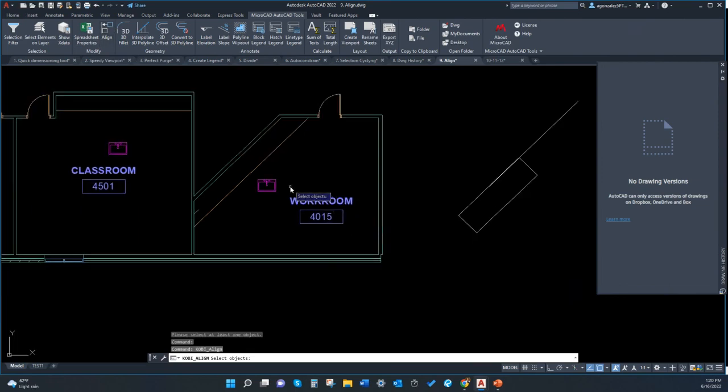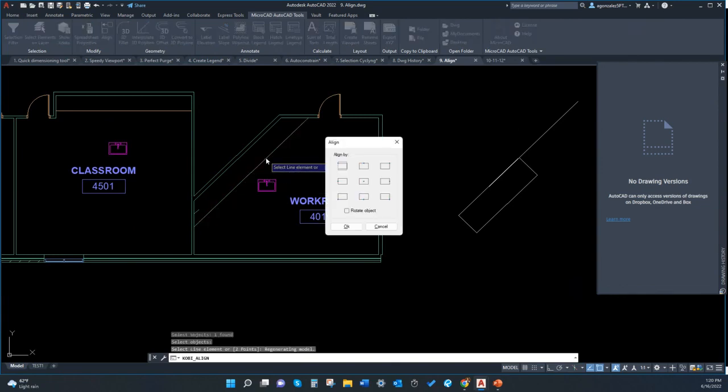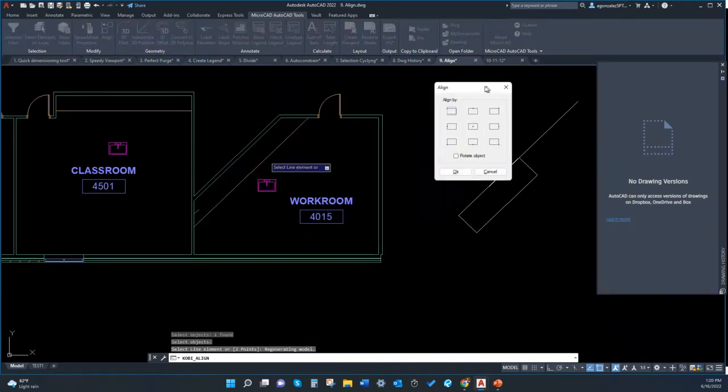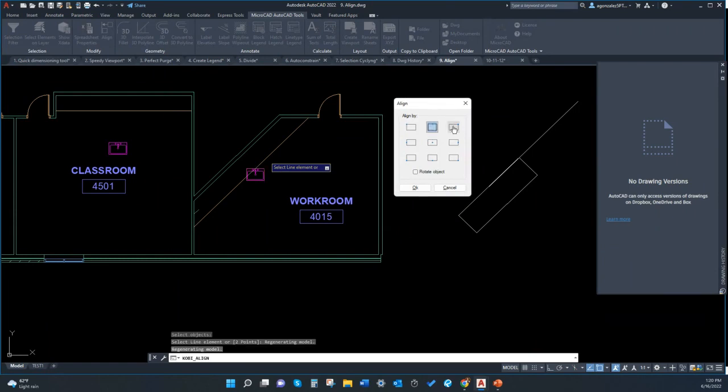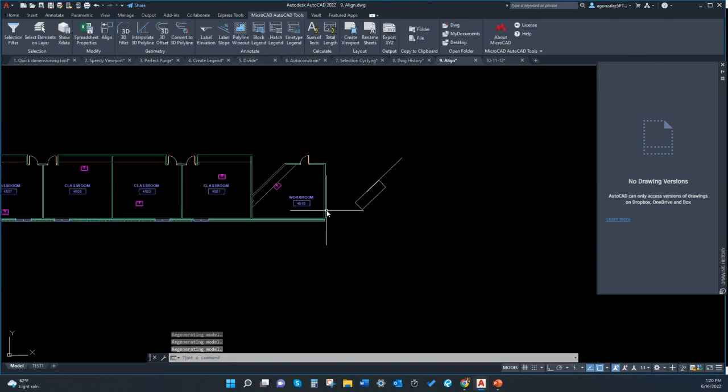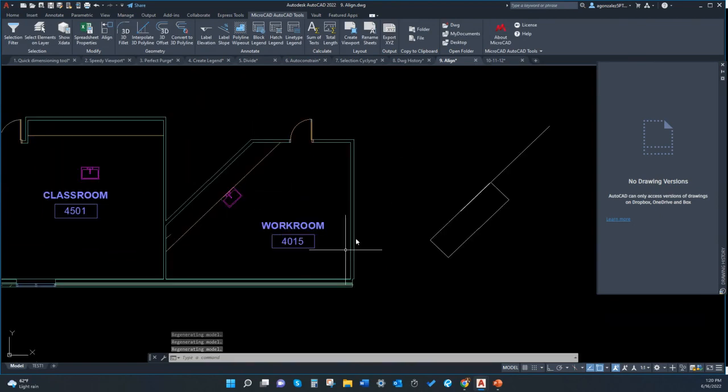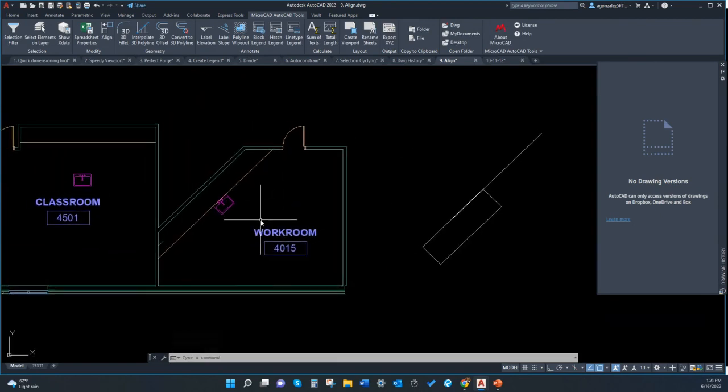I'm going to select the object I want to rotate, same thing. I'm going to select my reference line and it will show me some options. As you can see, this is very, very graphical, so you don't have to guess what you are going to see at the end. I'm going to select this one, which is the same I have in here. And I'm going to select that I want to rotate my object. So I click OK, and I have exactly the same thing,